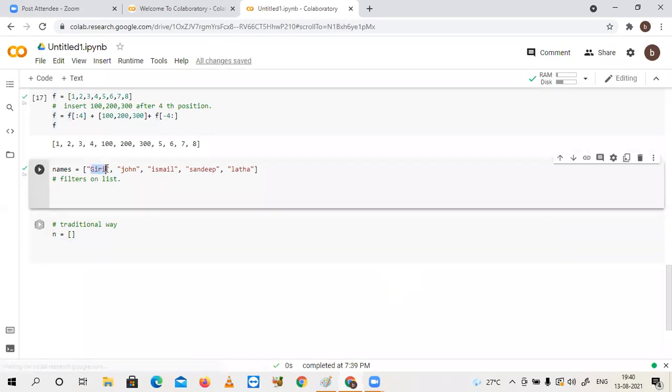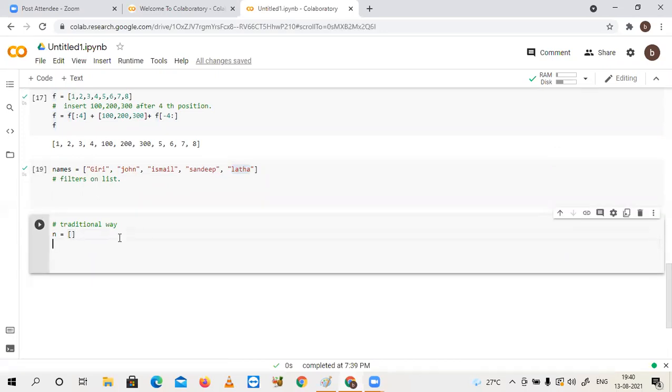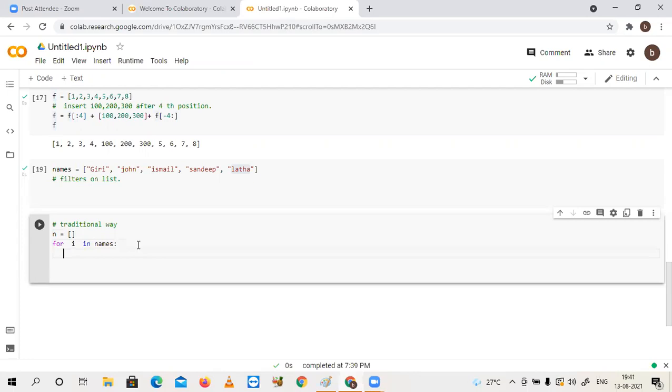I want to access each element. With my programming, to access each element you have to traverse a loop, a for loop. What is the style of the for loop here? for i in names. i is one variable, names is the list name. After completion of this, I will explain the coding rules. If any statement line is expecting substatements, the line has to end with a colon. Remember that. Later I will summarize all the coding rules.